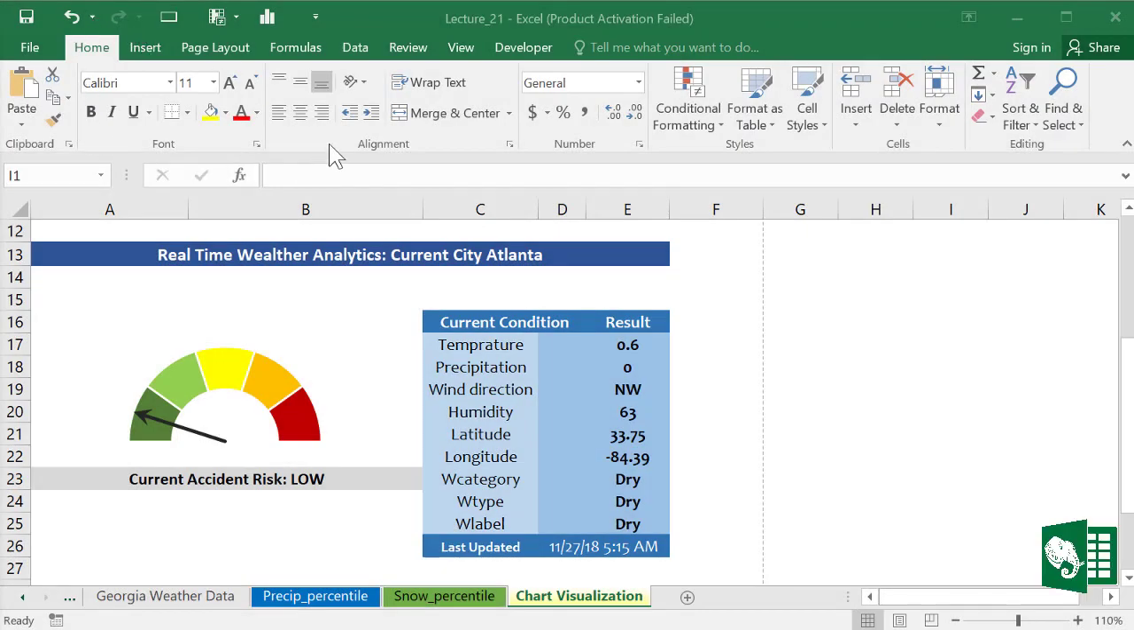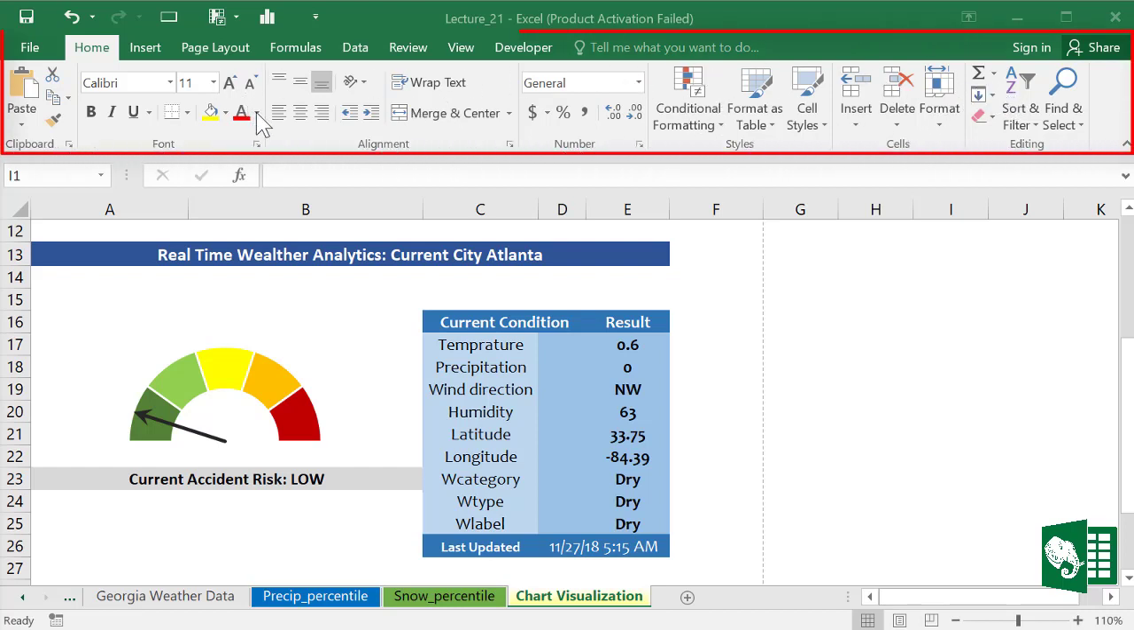Excel's menu system consists of a series of tabs followed by a group of icons. The entire menu system is referred to as the ribbon. The most common tab is the Home tab. In the Home tab, lots of formatting tools are available on the left side, including some related to numbers,